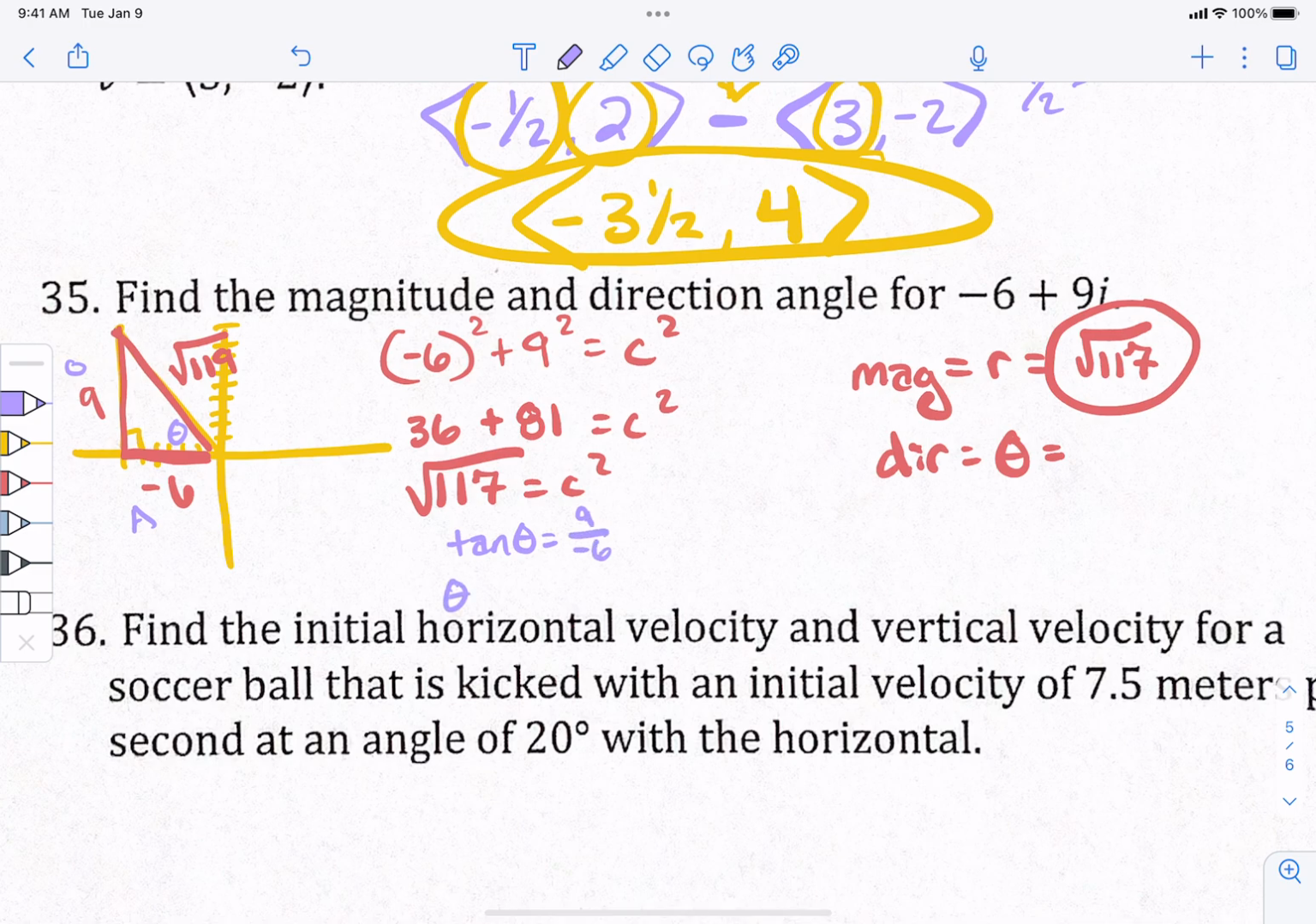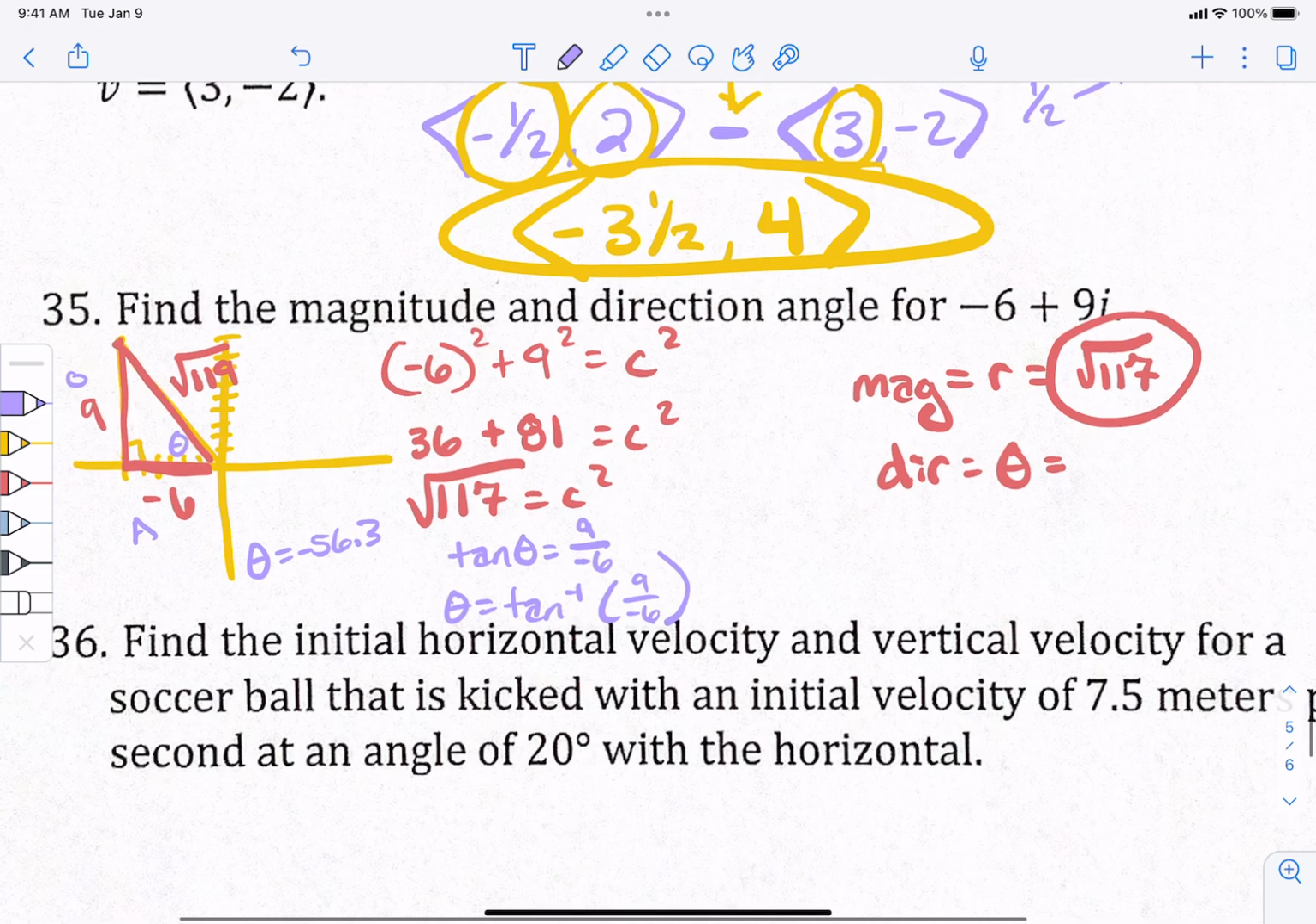And I have to do that inverse tangent again. So inverse tangent of 9 over negative 6. And you can reduce that if you want to 3 over 2, since 9 over 6 is 3 over 2. But I'm going to do inverse tangent of 9 over negative 6. And I get negative 56.3. Theta equals negative 56.3,